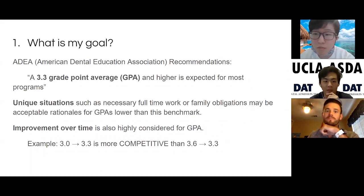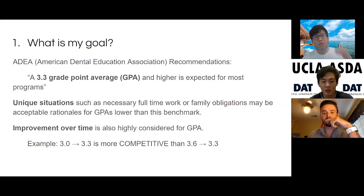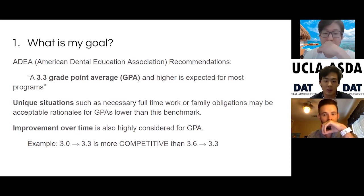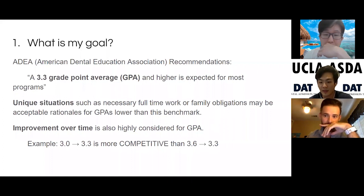So this is something I found that I think is nice to know. The ADEA, which makes the application for dental schools, said that a 3.3 GPA and higher is expected for most programs. Things that can factor into this GPA are unique situations such as necessary full-time work or family obligations. Improvement over time is also really important. I know we're talking about the DAT here, but I thought this was important to mention because a GPA that increases over time is more competitive than one that decreases over time,